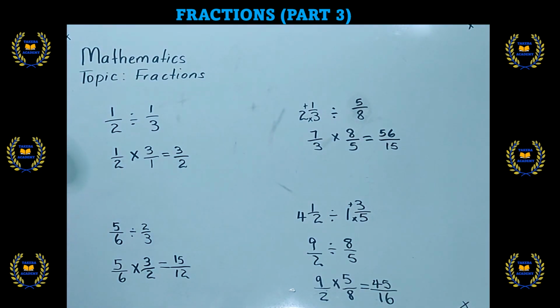Division, just to recap, we simply rewrite the first fraction, we change the sign to multiplication, and then we flip the second fraction. And when we flip the second fraction, we go back to the original multiplication format. The process for multiplication, we multiply the numerators and then we